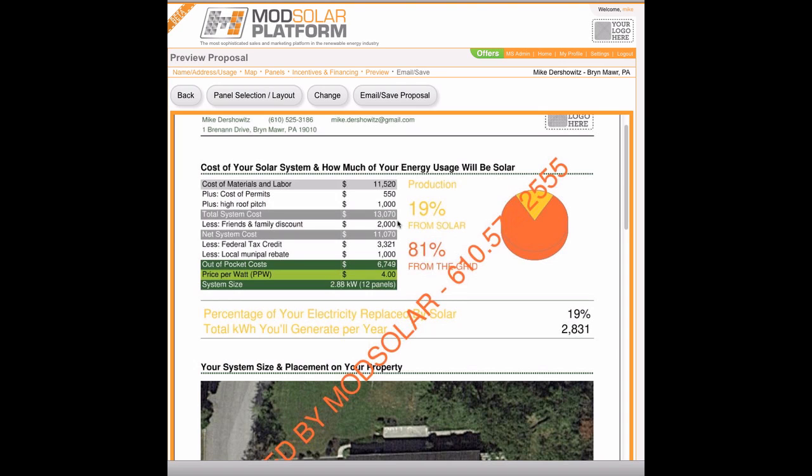We then subtract our friends and family discount, and again, any discounts, as many discounts as you want, are going to show up here. And then it gives you a net system cost, which is the label change that we're doing. Once we've done the net system cost, we then subtract our incentives, and we come up with a total out-of-pocket cost. Now, let's say, for example, that I don't have any